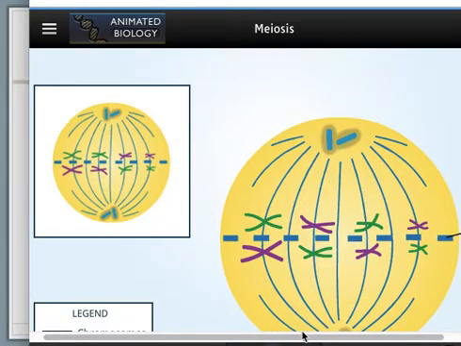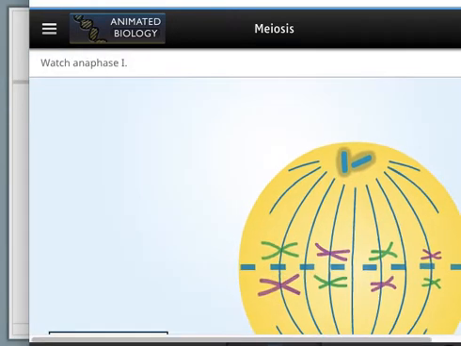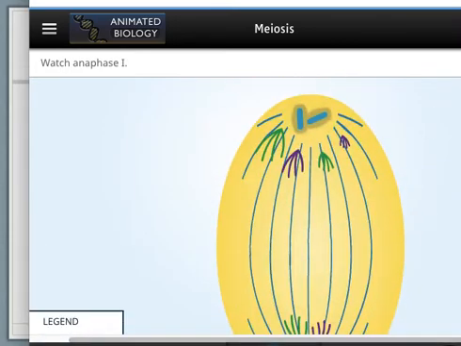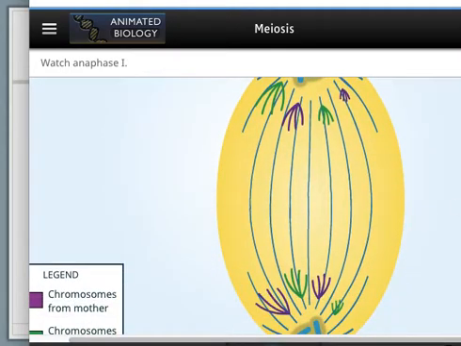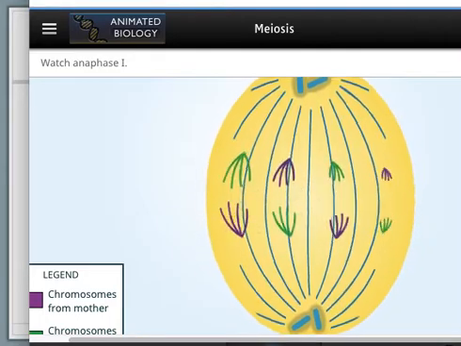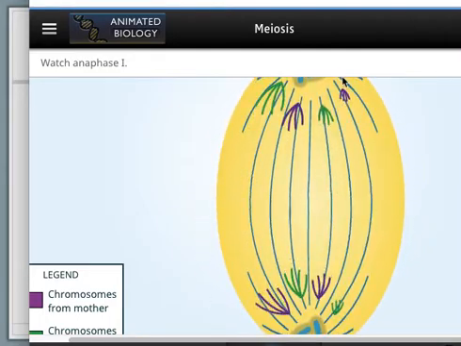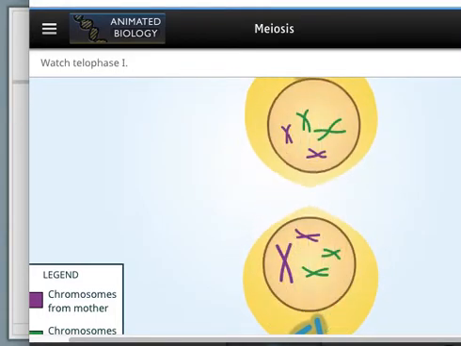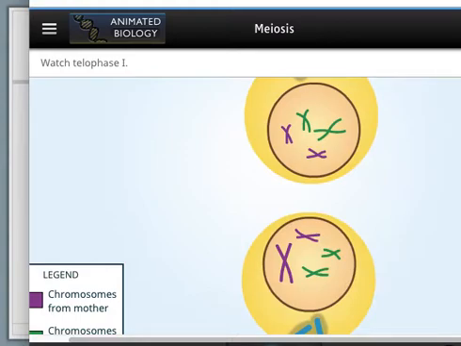All right, moving on. Let's check out anaphase 1. Anaphase, just pulling them apart like the old times in mitosis. And telophase, you get the two separate cells out of it. Okay, so far so good, but now we need to divide again so that we can get down to that